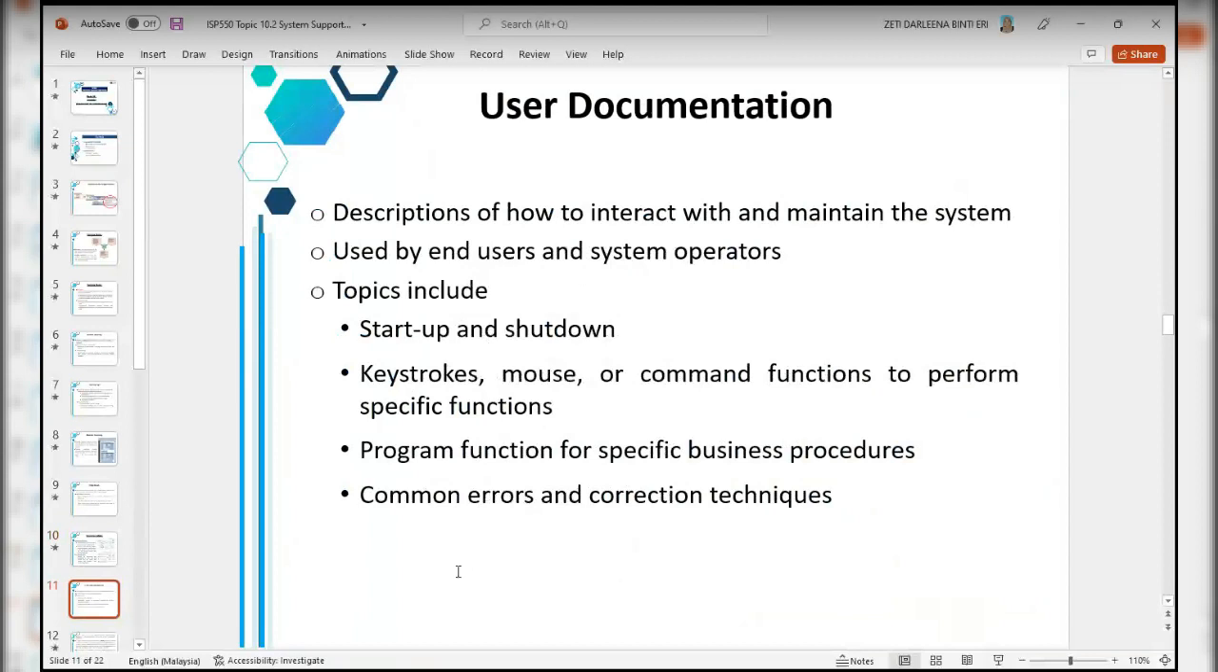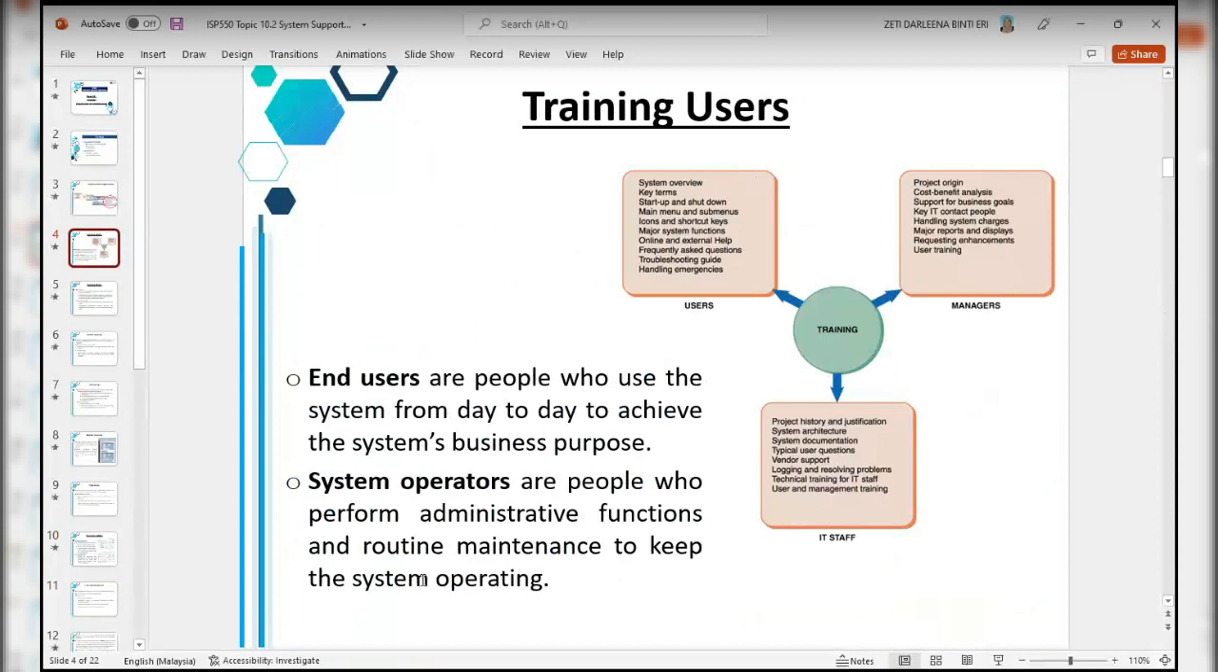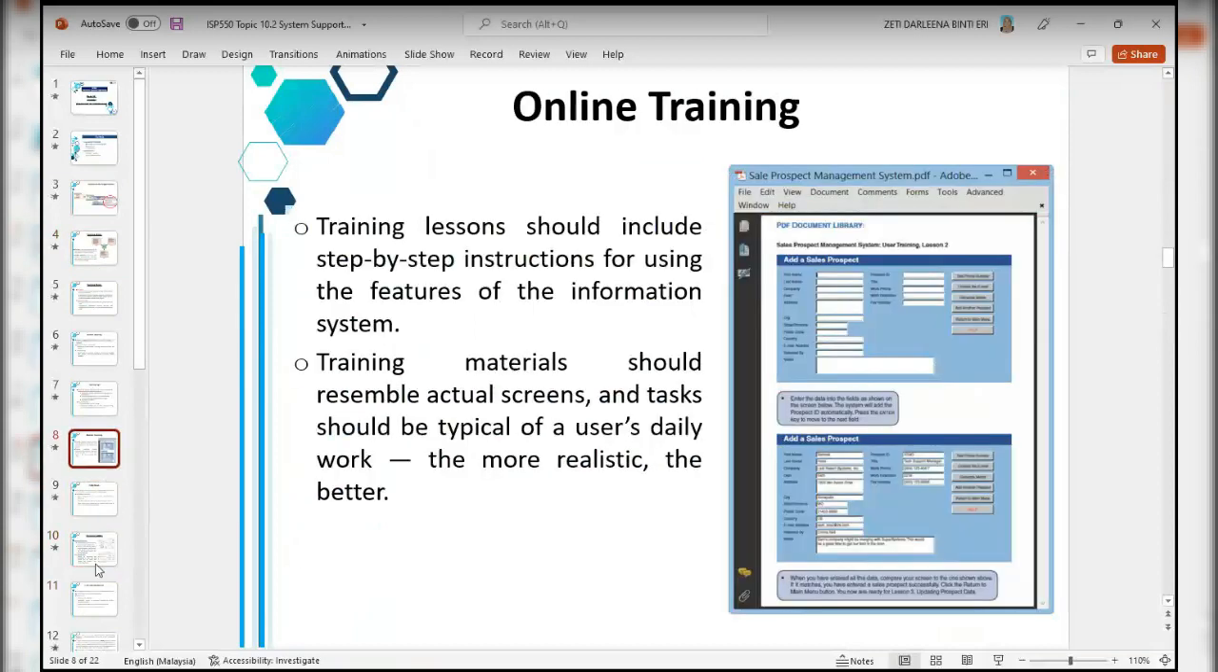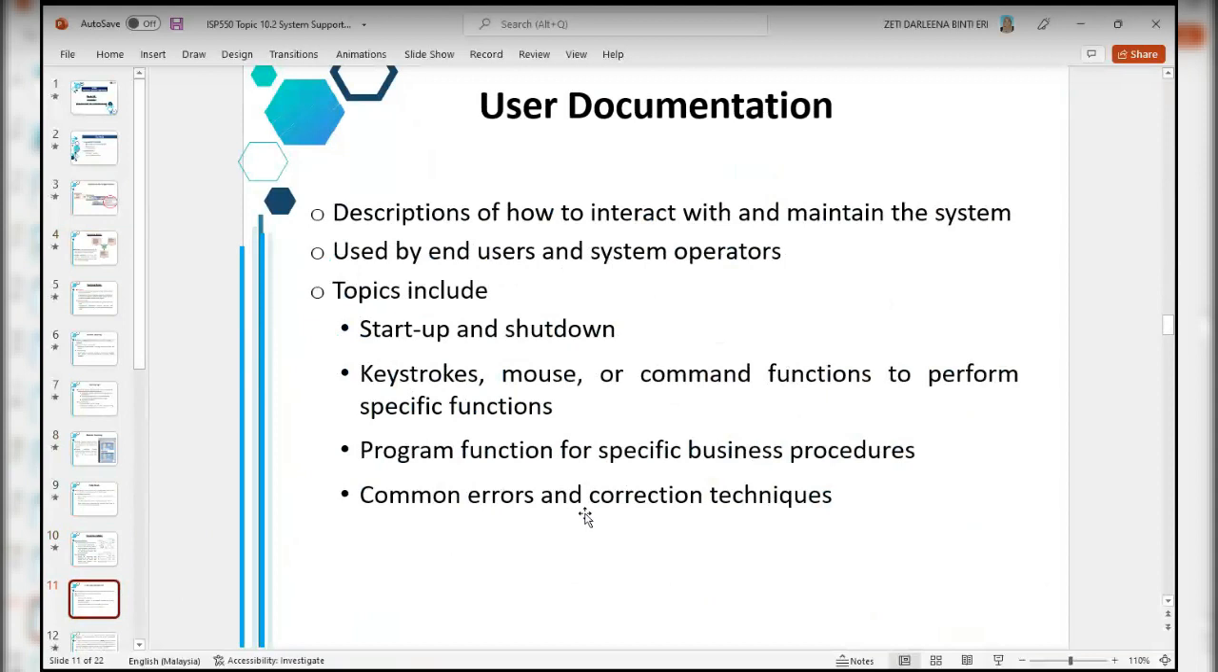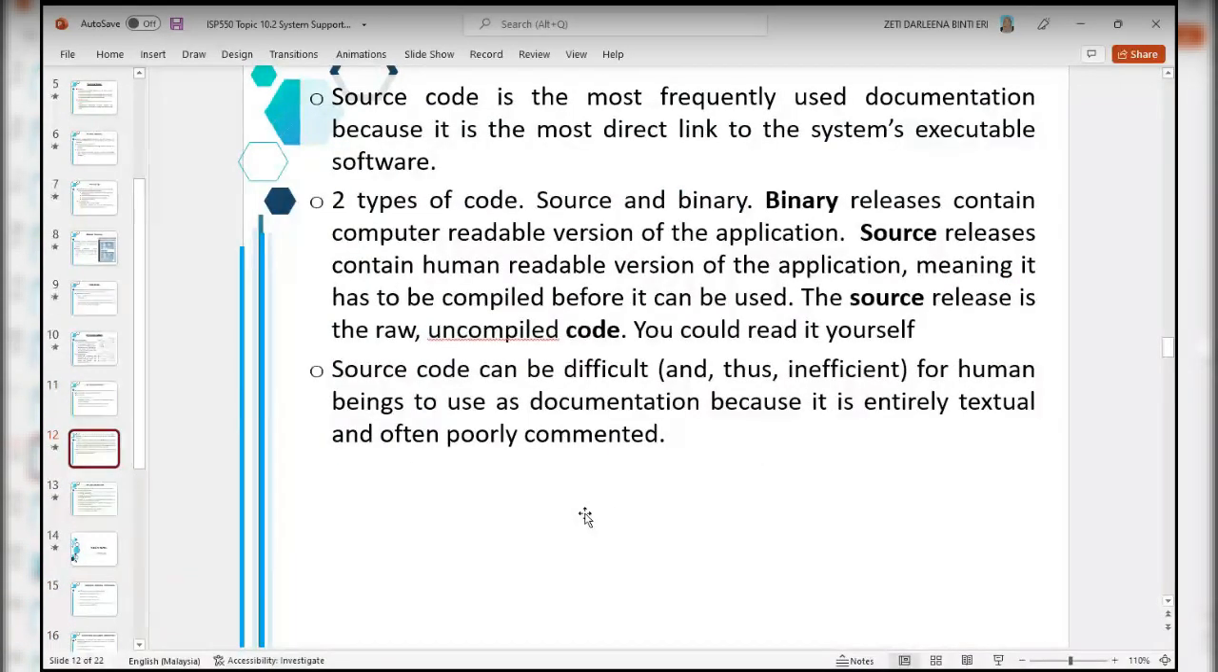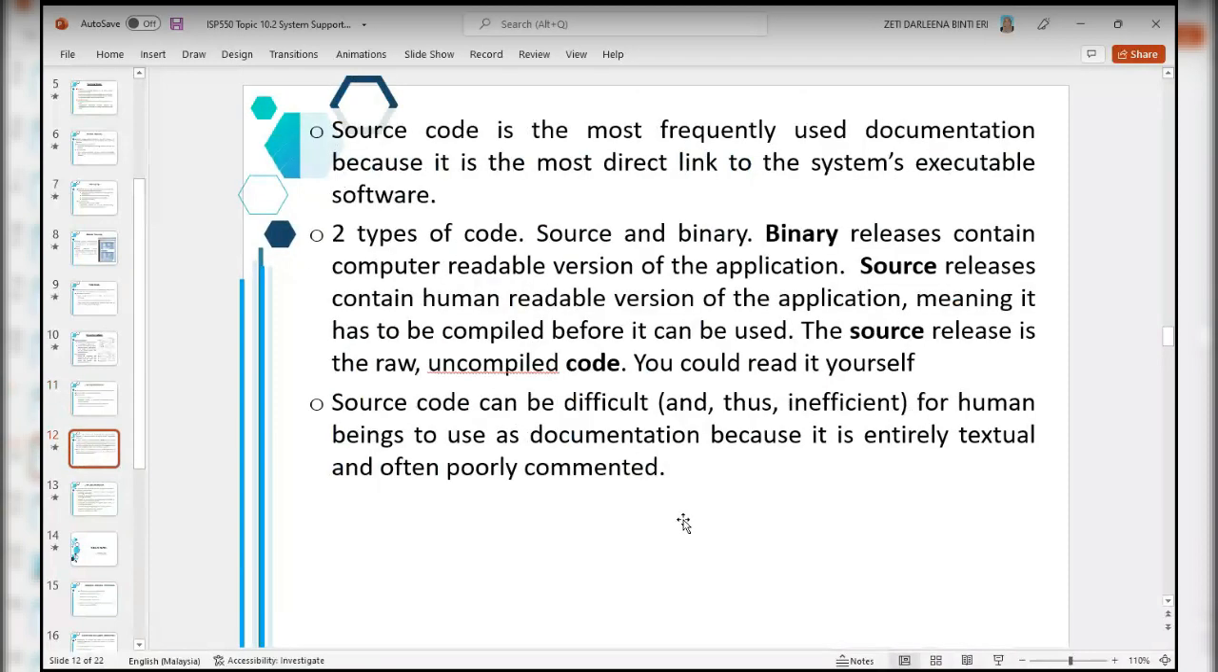Okay, so basically user documentation ini untuk user documentation description on how to interact and maintain the system used by end users and system operators as well. Topik include startup, shutdown, keystroke. Yang tadi itulah yang kita tengok dekat sini tadi kan. Dalam ni ada pecahan dia. Okay. Program function or for specific business procedures, common errors and correction technique. Satu lagi for system operators,